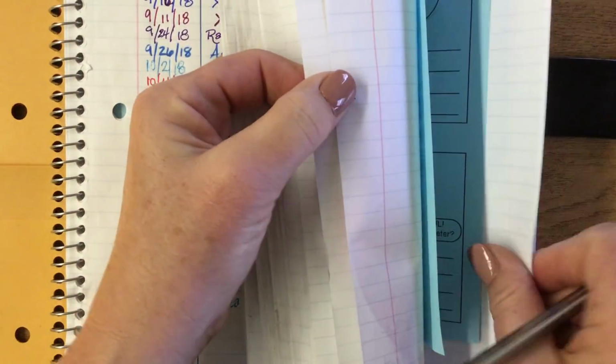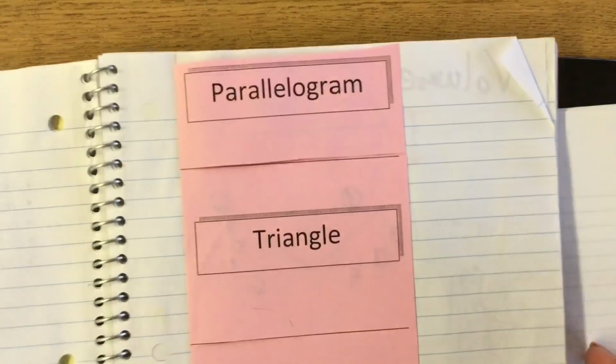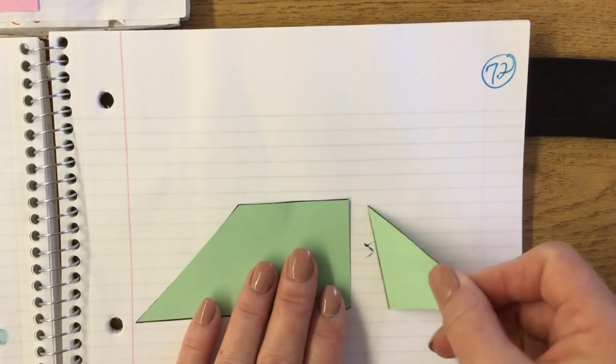So you've been given a foldable. Give me a second. It looks like this, except it's green. This was from last year, so I apologize. So a parallelogram. Okay, let me get out my little parallelogram here. You don't have these, but if you notice that a parallelogram,